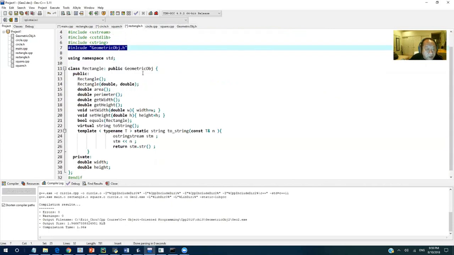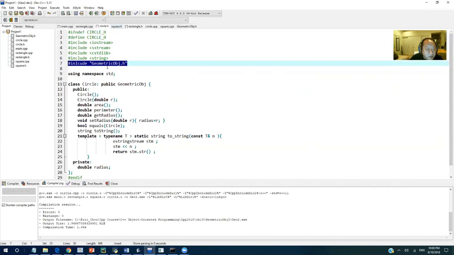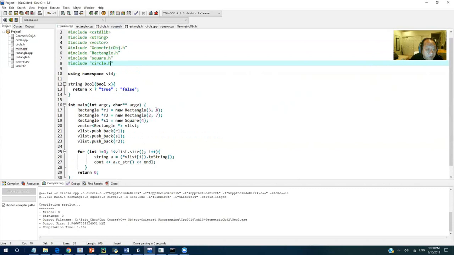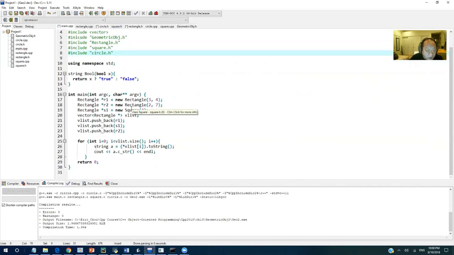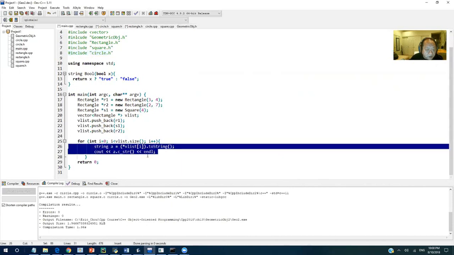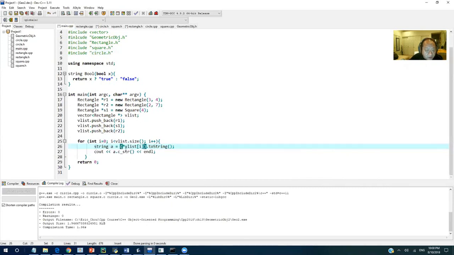For rectangle.h, I include this and extend this. My circle, I have this and extend this. The link is hooked up. Okay, right here I have this. So this time, let's not do this toString stuff. Okay, this time don't do this toString stuff. So this time let's do, no, this one actually